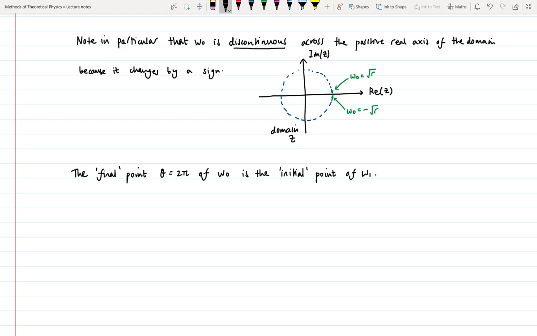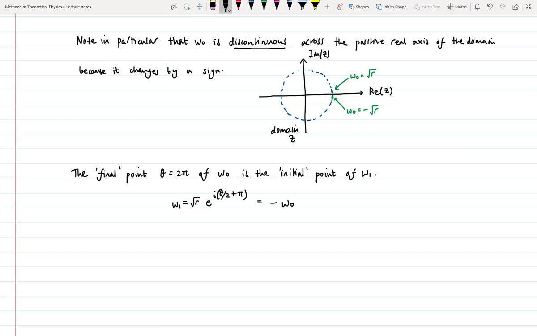This is easy to see if we write out W1 is the square root of R e to the I theta over 2 and then crucially pi. We know from earlier that if we take out the factor of e to the I pi, this gives us minus W0. Setting theta equal to 2 pi for W0 gives the same result as setting theta equal to 0